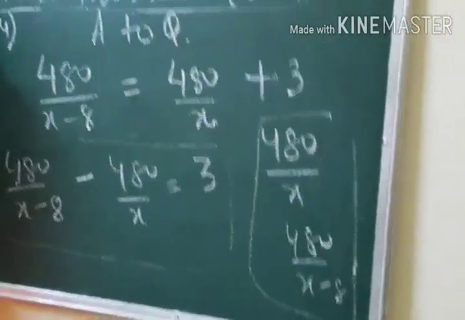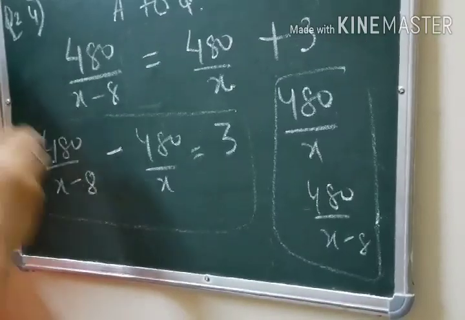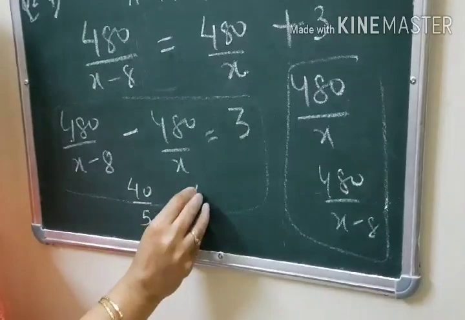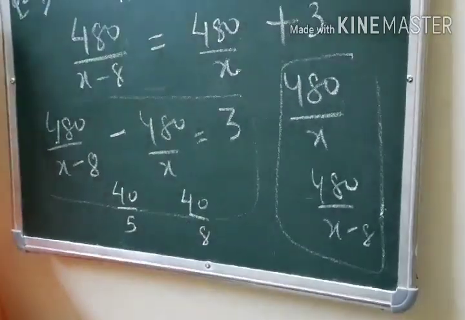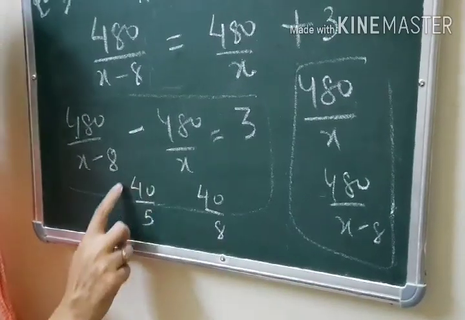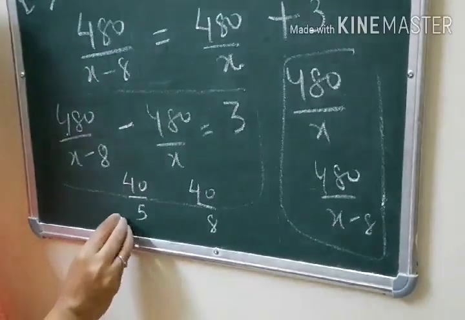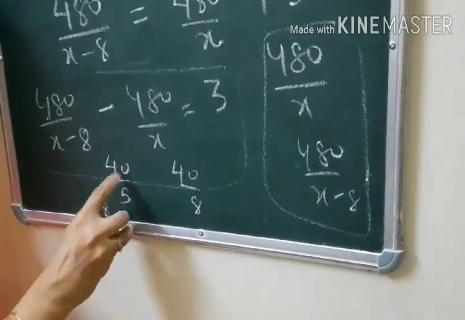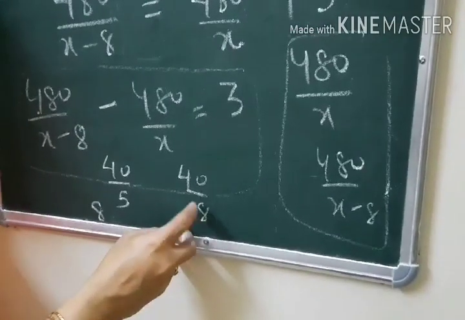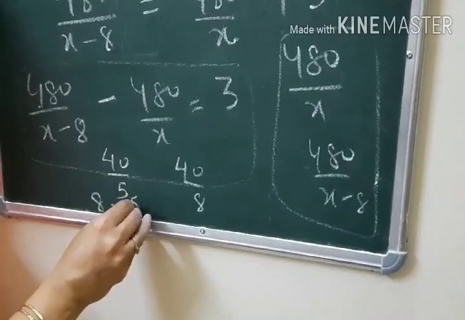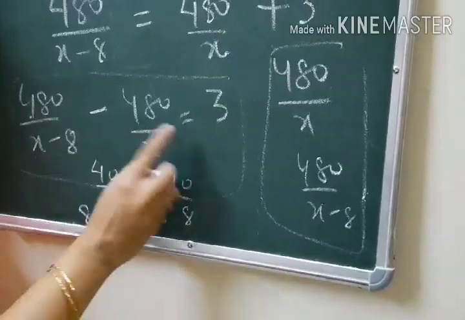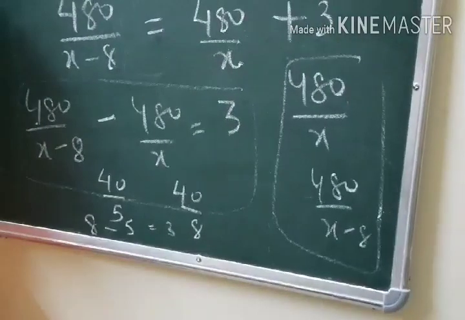Now why I have done this? Suppose I will give you one example. Like if it is 40 by 5 and 40 by, suppose, 8 I am taking. Which number is smaller? 5. 8 is bigger. Now when you divide, 40 by 5 gives 8. So whenever your denominator is small, you get the answer greater than when your denominator is bigger. Here my answer will be 5. So when you subtract, your answer will be positive. Right? So this is the method of framing an equation if you are not understanding it with the questions.